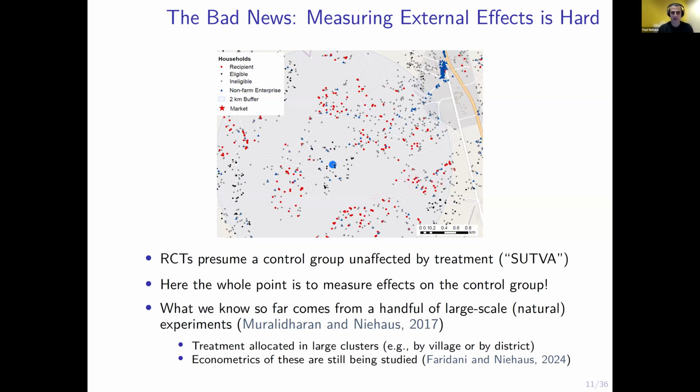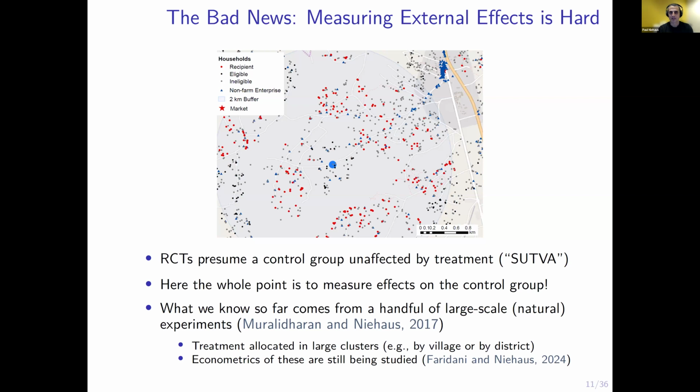So in the picture here, we picked an arbitrary location on the map, the blue dot here, and then highlighted in red the households near that dot that got treated and the households in black that did not. And so what we do in the paper is we try to understand, what's the effect not just of being treated yourself, but of being surrounded by a lot of people in a close geographic area who are treated as well. The reason this is a messy problem is because our whole paradigm for experimental program evaluation is usually